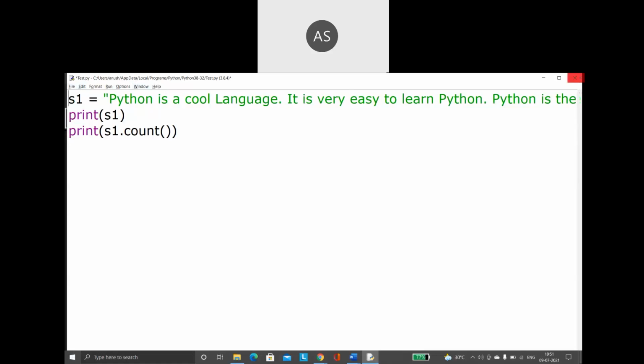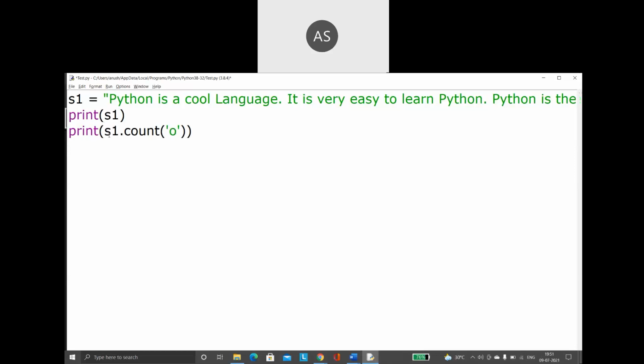Now I'm going to make use of the count function. First I am checking how many times a single character, the character O, is getting repeated. So here 1 time, here 2 times. So 2 plus 1, 3. Then where else? 4, then 5, then 6. So like that, it will count how many times this particular character is being repeated in this string.